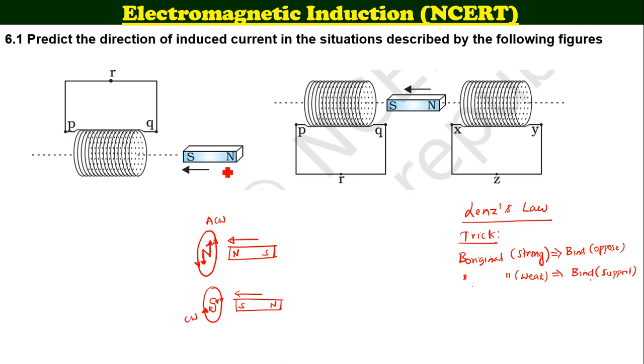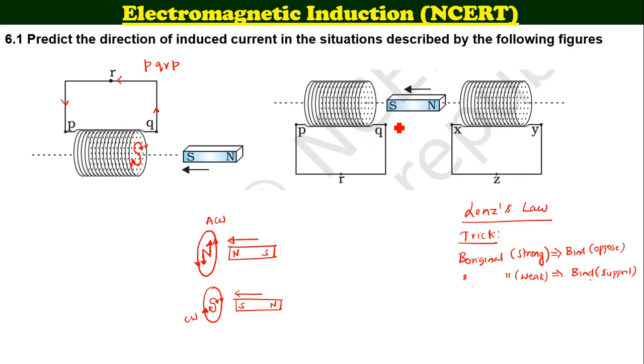So basically the south pole is actually approaching your coil. That means the original magnetic field is strong, so you have to form a south pole here. That means one arrow here, another arrow here, the current is forming in this direction and keeps going in this direction. Now if you start from P, current is going from P to Q, Q to R, and then to P again. P, Q, R, P is the loop direction.